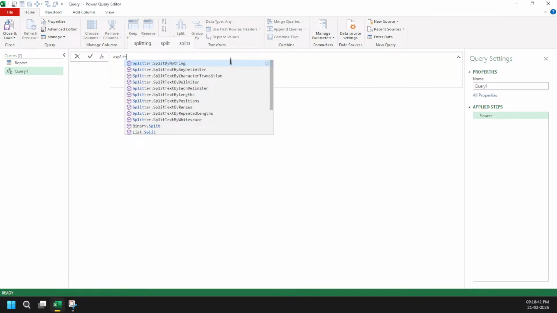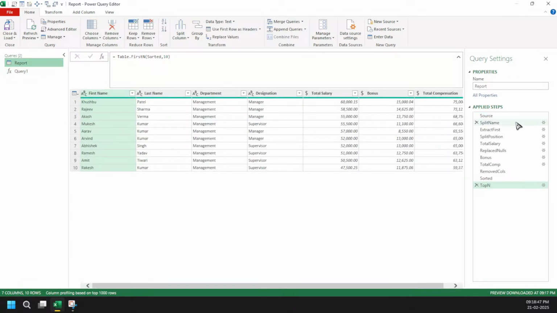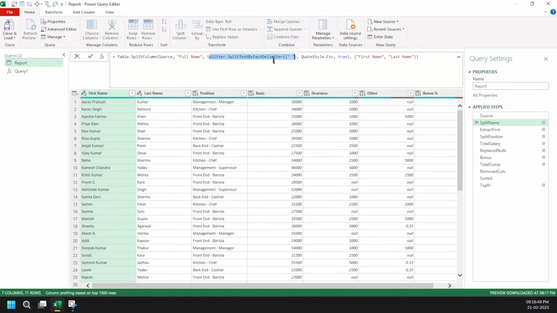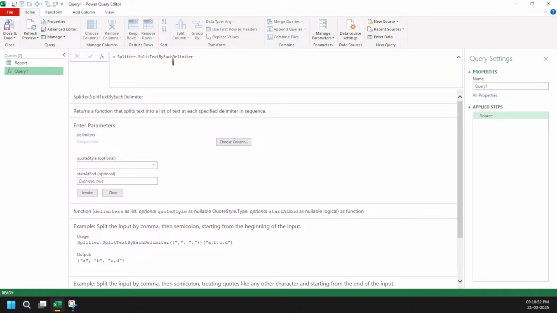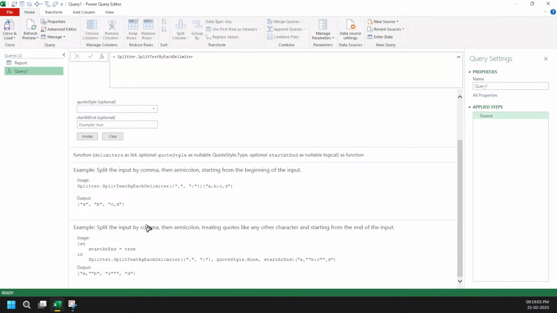And let's start with here, splitter by each delimiter. This was the function which Power Query uses, splitter by each delimiter, and here we use the same thing. Now the thing is that you need to understand how Power Query behaves, what type of data it needs, and how it will throw the output, right? You can see here, I will be needing the delimiters here inside the function, and then I need to use a text value here, right? And you can say what will be the output. The output will be in a list format.